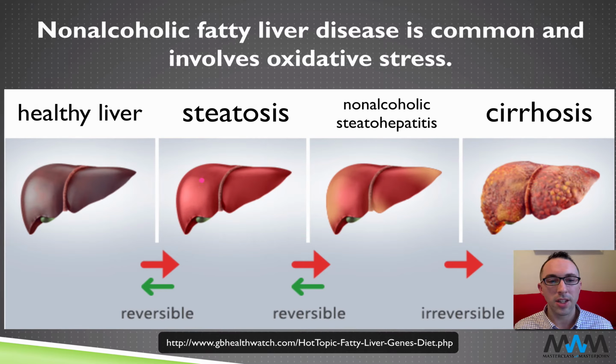In the first stage, you have fat accumulation. If you simply reverse the causes of the fat accumulation, it will reverse. The second stage can be thought of as taking that fat accumulation and lighting it on fire. So steatosis is laying down of the kindling and the firewood. NASH is lighting the fire. This is oxidative stress and inflammation. Much of the oxidative stress is driven by lipid peroxidation because reactive oxygen species are lighting that PUFA on fire.